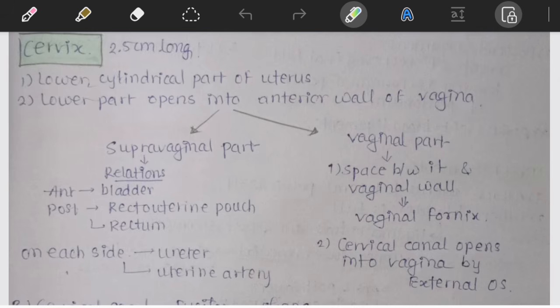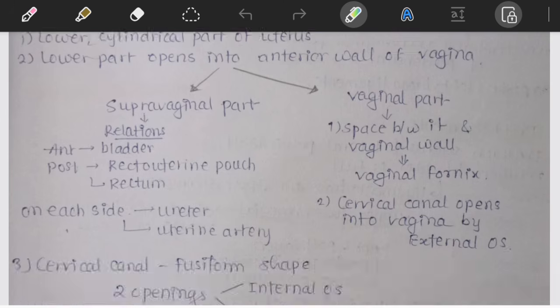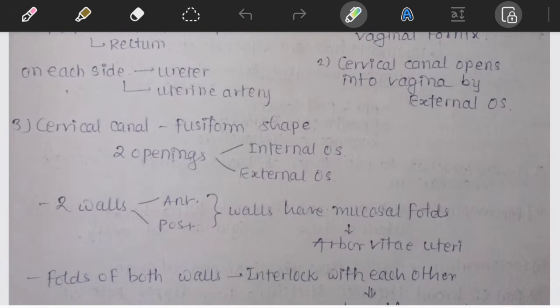Now, why are the fornices important? Because they surround the vaginal part of the cervix and create the clinically important spaces around it. Inside the cervix, there is the cervical canal and it has two openings. Upper opening is internal os and lower opening is external os. This is one of those sequences you should know instantly: uterine cavity, internal os, cervical canal, external os, and